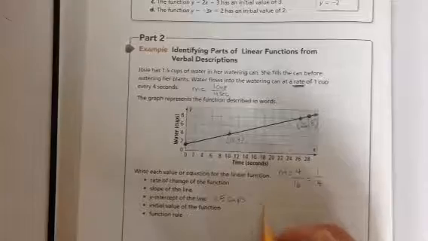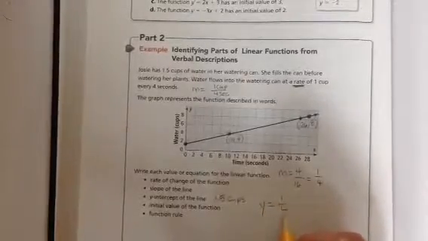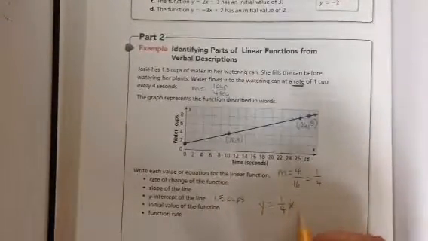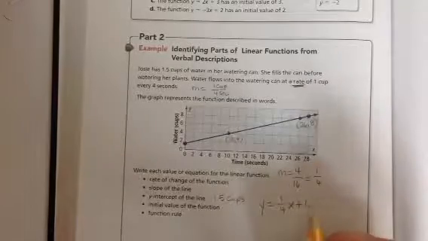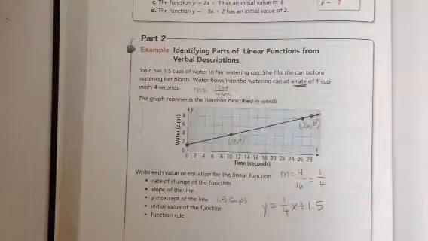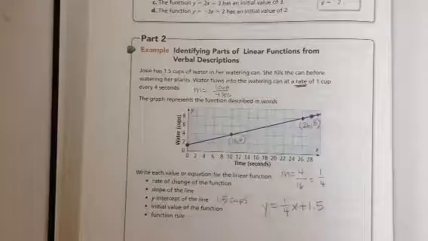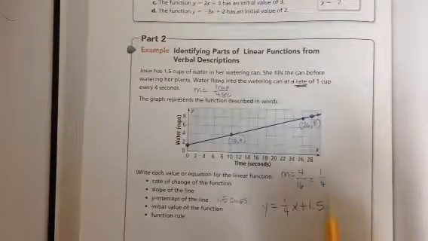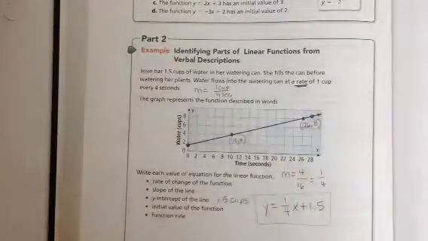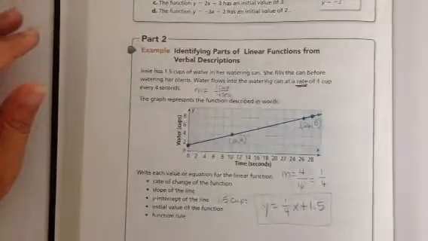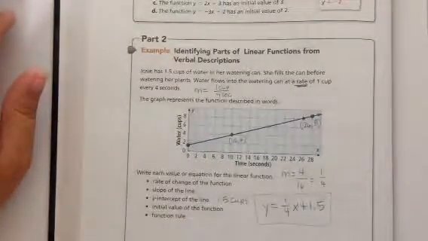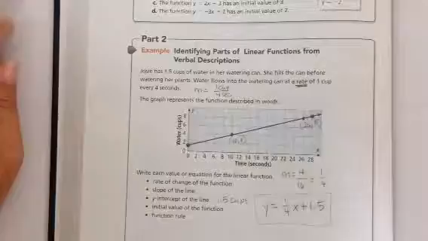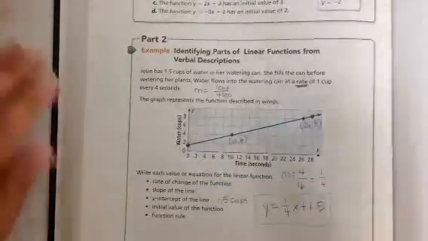So if I know the slope is 1/4, I'm going to write my equation. Y is equal to 1/4 x plus 1.5, which is what she started with. So this would be the function rule for that equation. Alright, that's kind of what you need to know in lesson 8.3 with initial